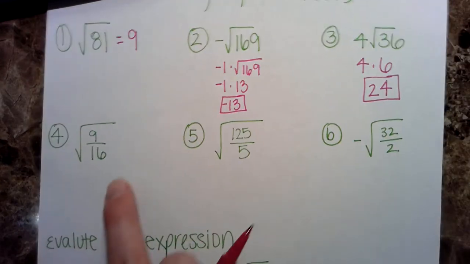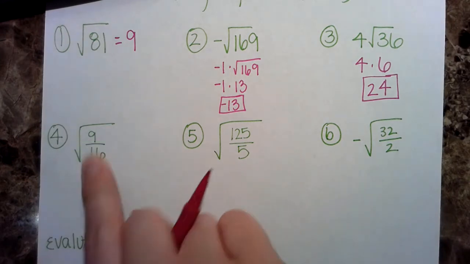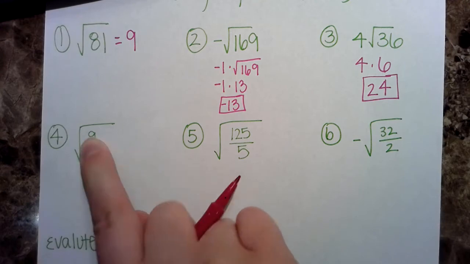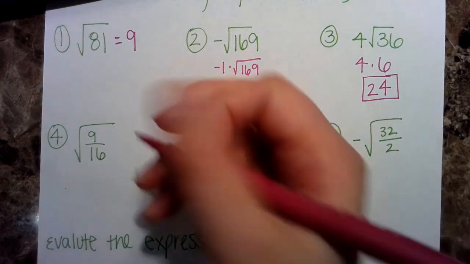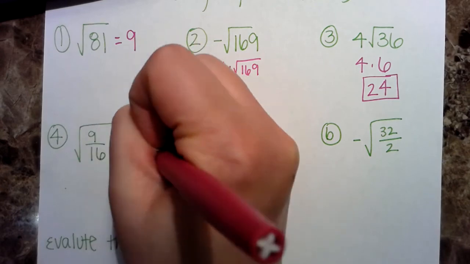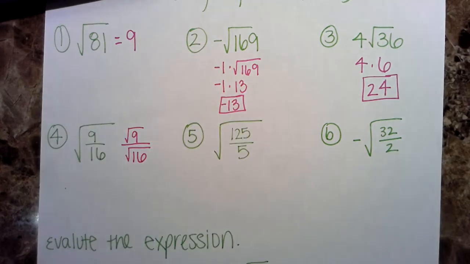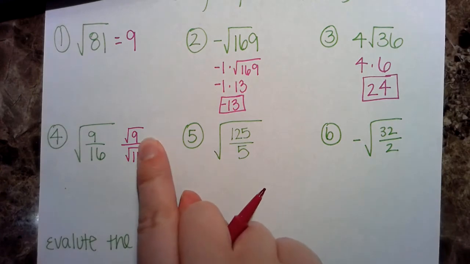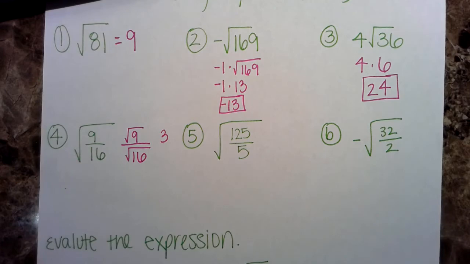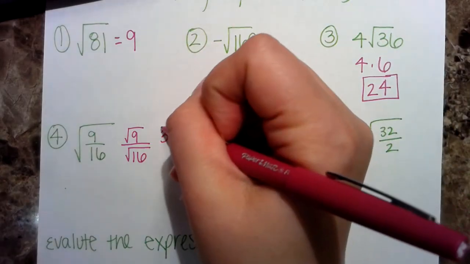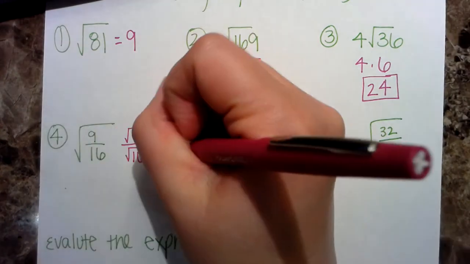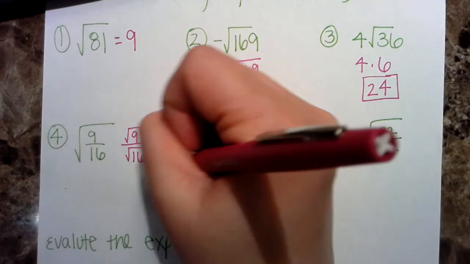Now with these types, what we're going to do first is see if we can simplify 9/16. 9 and 16 do not have anything in common, so what I'm going to do next is take the square root of 9 over the square root of 16. So the square root of 9 is going to be 3. I could use my calculator if I didn't know that was a perfect square value. Basically, just think about 3 times 3 does equal 9, so I'm good. And then the square root of 16 is 4. So my final answer is